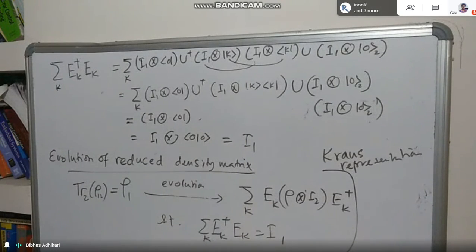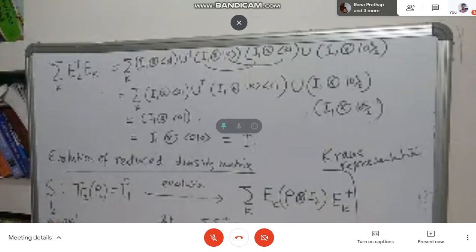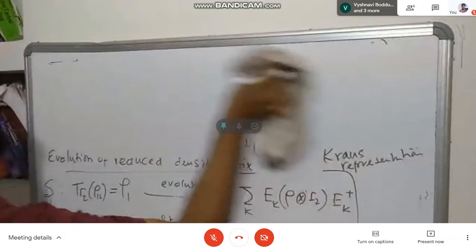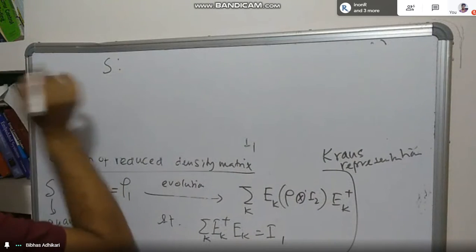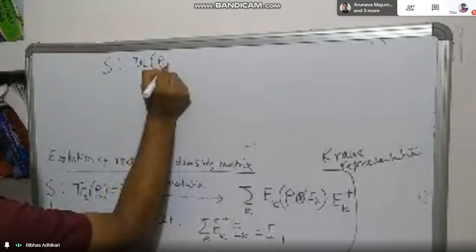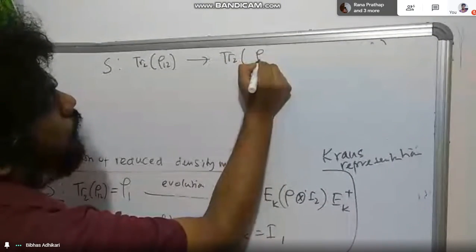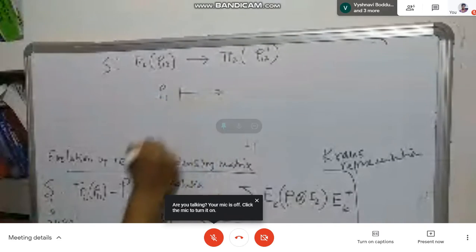So this gives my evolution of the reduced density matrix, and this function is denoted by S. Let's say it is called a quantum operation. Let me write it here. This S as trace 2 of rho 1,2, trace 2 of rho 1,2 dagger, which ultimately means rho 1 goes to